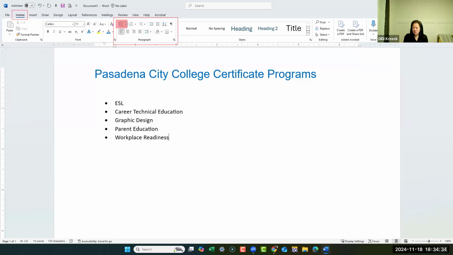If I press enter, guess what happened? Word will think that you are going to be entering the next list of items within this list, right? So if I press enter, then it inserts that bulleted point for us. So what happens if we are done with entering the list? Maybe I'm going to be typing something else. This is only the 5 list of items that I want to include in the certificate program. Okay, so if we are done and we simply don't need to insert any more items in the list, then